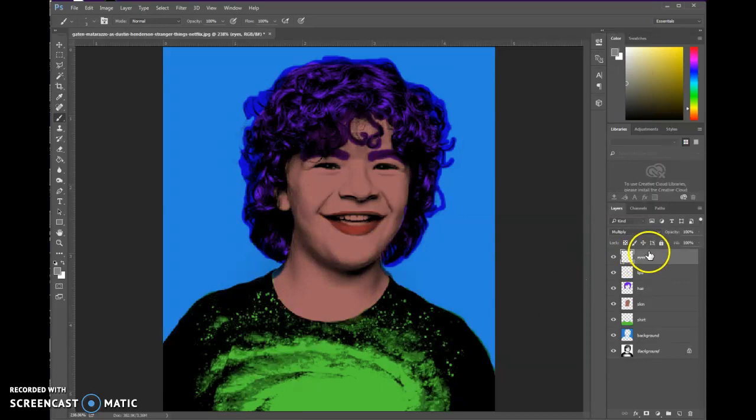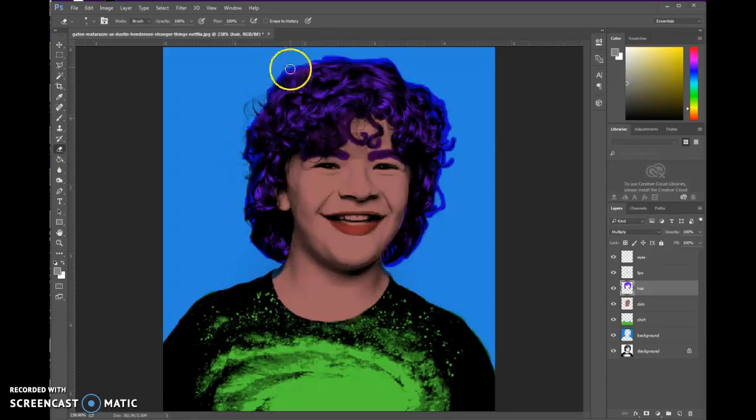So once you've colorized each of the layers, you've got to determine if maybe the overlap here of the two colors isn't really what you were looking for. So figure out which layer to erase it from. For me, I think that is on the hair layer. So I'm going to go back onto the hair layer with the eraser tool and erase some of that blue away. And I can live with some of those little wispy ends of hair not being purple,